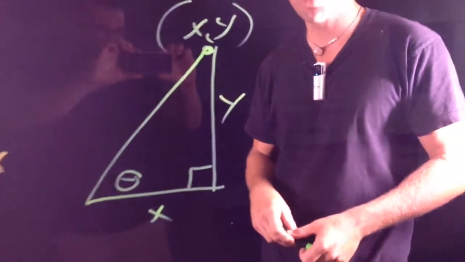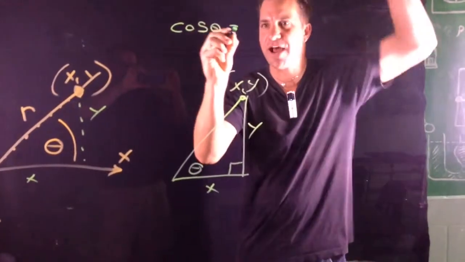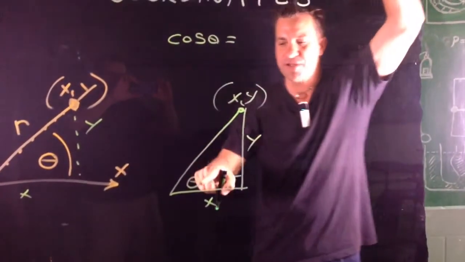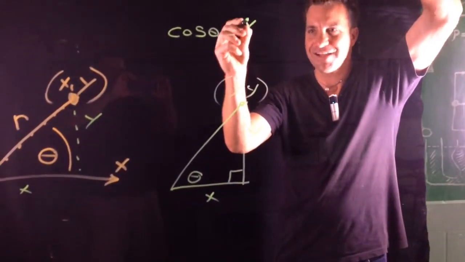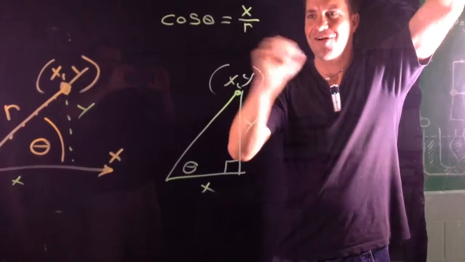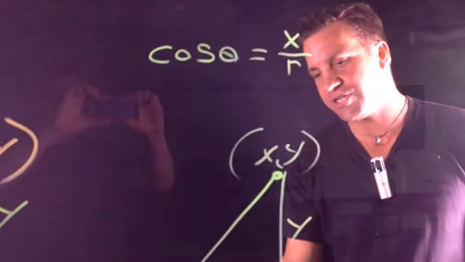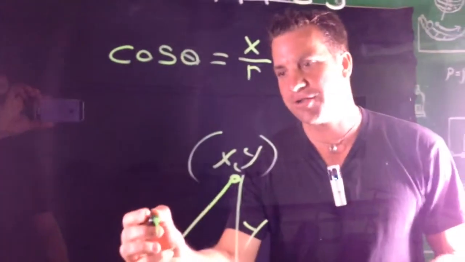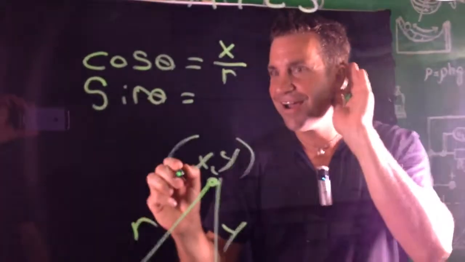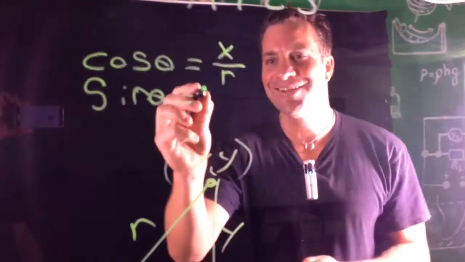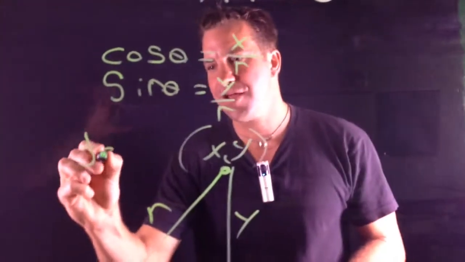Good old SOHCAHTOA. What is the cosine of theta? Somebody shout it out. Raise your hand and shout it out. What is the cosine of theta in this picture? X over r. Cosine theta equals x over r. Cosine theta is adjacent over hypotenuse. What about sine of theta? Who knows what sine of theta is? Y over r. Absolutely. And then finally, tangent of theta is going to be